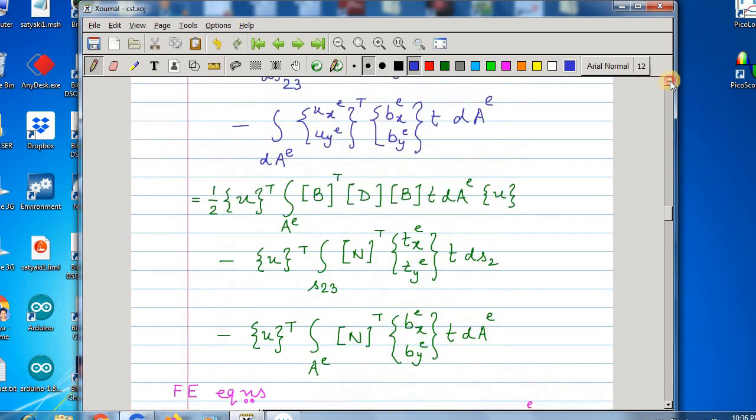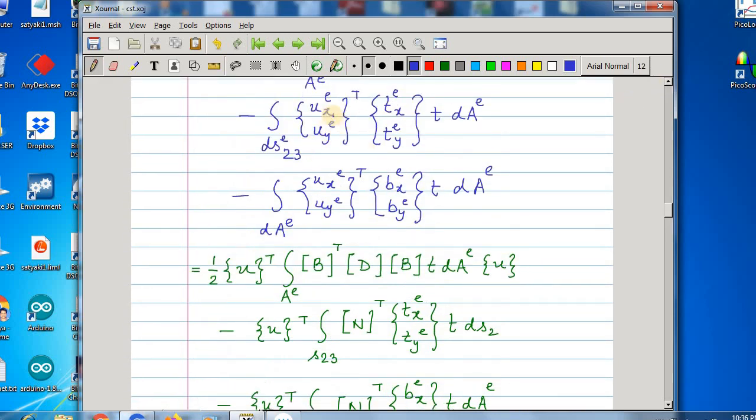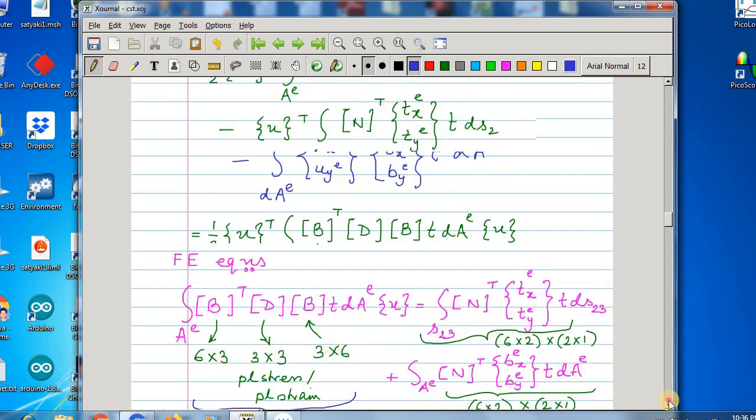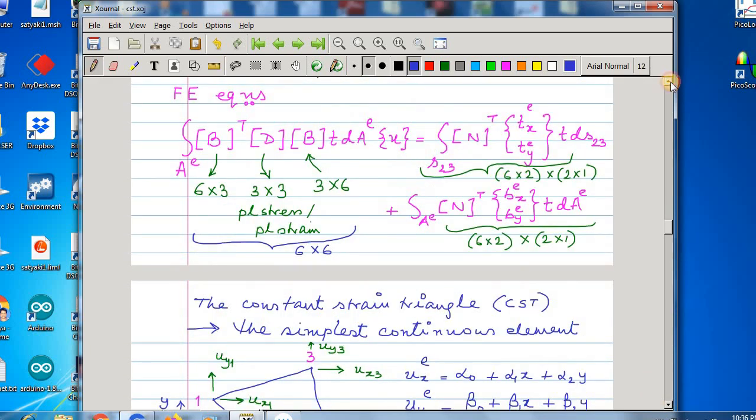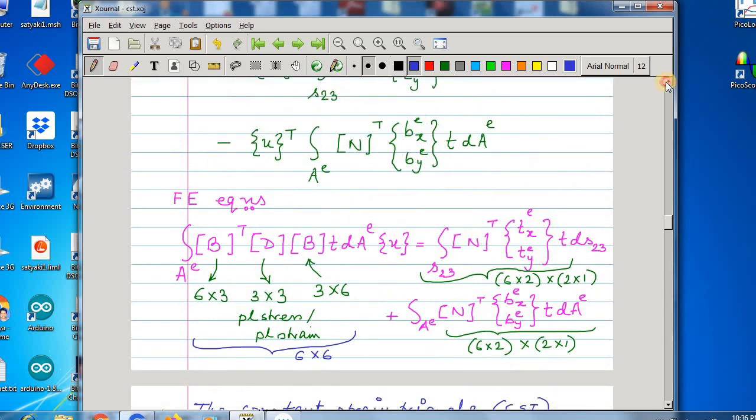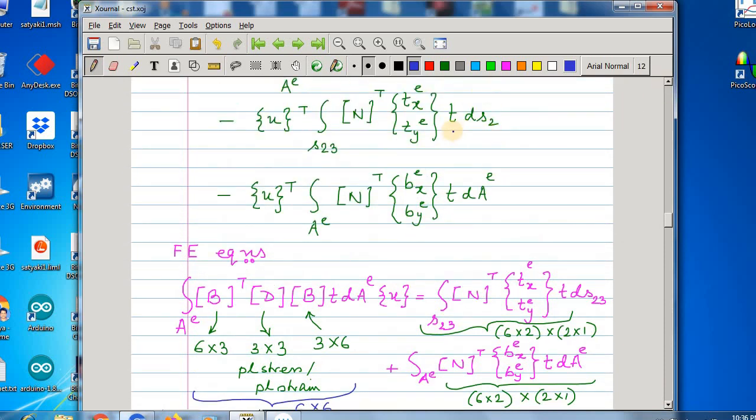And here the second term: ux uy is N into u. So ux uy transpose is u transpose N transpose. So u is taken out of the integral, and this is this term. Similarly, the body force term becomes this. The only difference is that the surface force is integrated over the surface, and